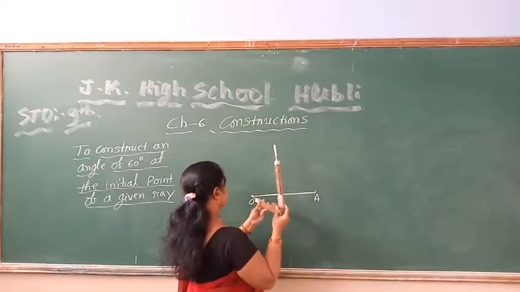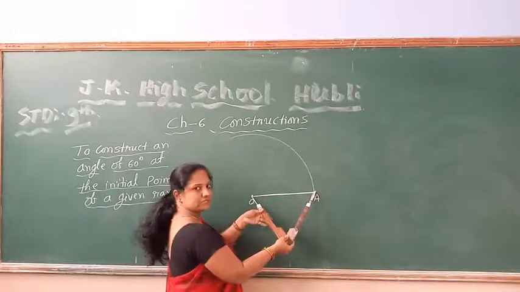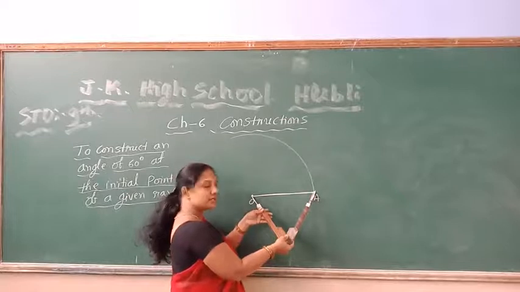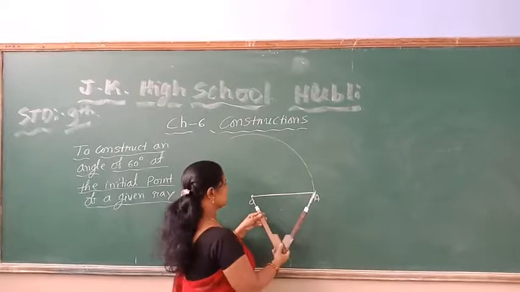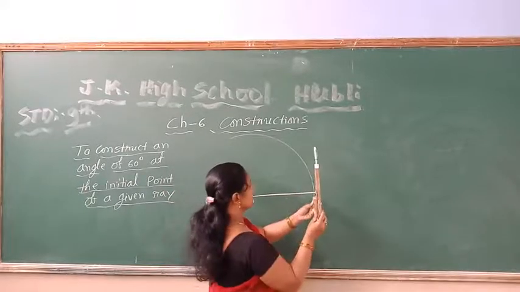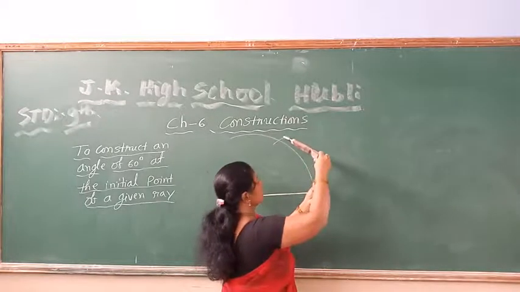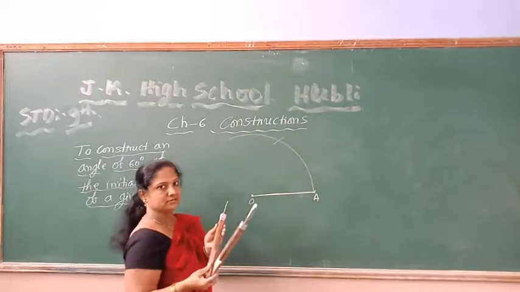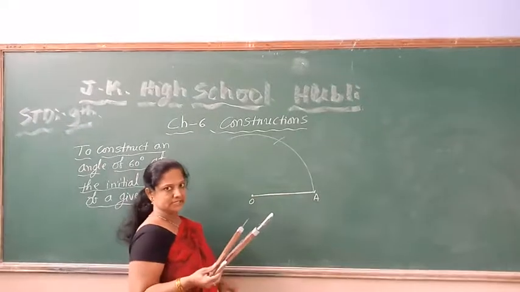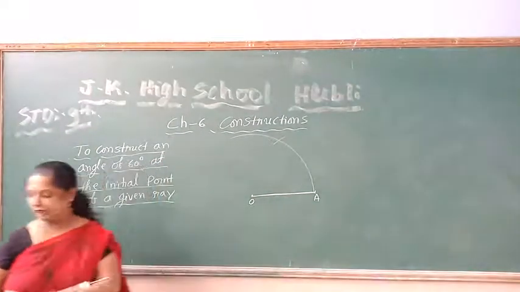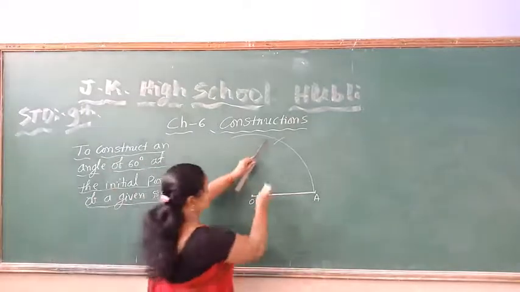draw a circle part, because a full circle is not necessary for us to construct a 60 degree angle. So now I have constructed this much. Now this measurement is the same, children. From here to here also the same. Now I am going to cut the same by taking the same radius, taking A as center, I am cutting this circle arc. Then if I join, this is 60 degree. So now if I join, children, this is 60 degree, you can measure and verify.